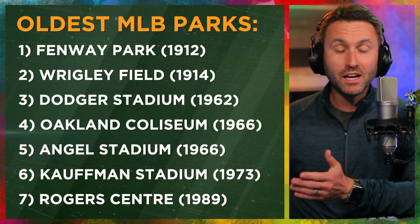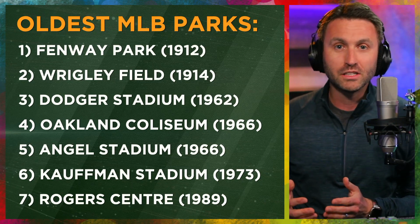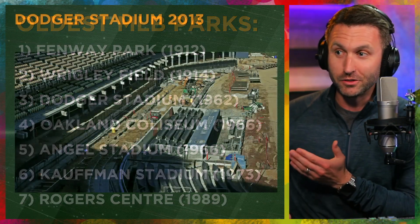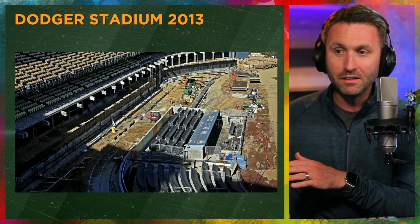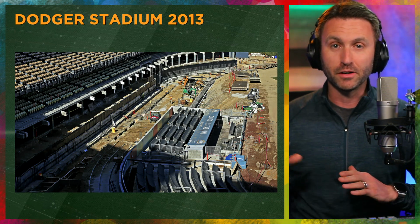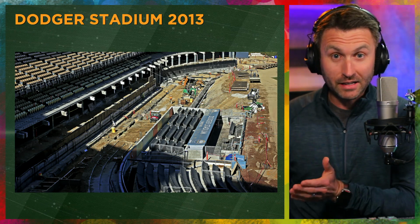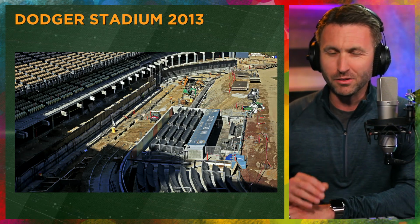But why is Dodger Stadium a great place? I'm here to tell you and prove my point. The Coliseum didn't get these updates. Dodger Stadium over the years has got these updates. In 2013, they gutted the lower level of seats. They added bigger concourses. Now, they could do this, and yes, this stadium is also built kind of into a hill like the Coliseum is,